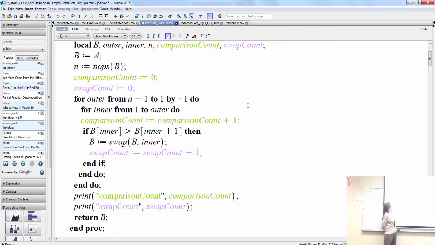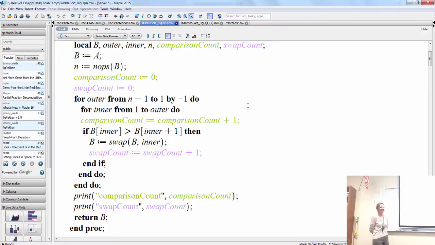He happens n times. How many times does that guy happen? Huh? Both of them together would be considered n squared. Yeah, n minus 1 divided by 2. Yes. So that inner for loop is happening n minus 1 divided by 2 times.